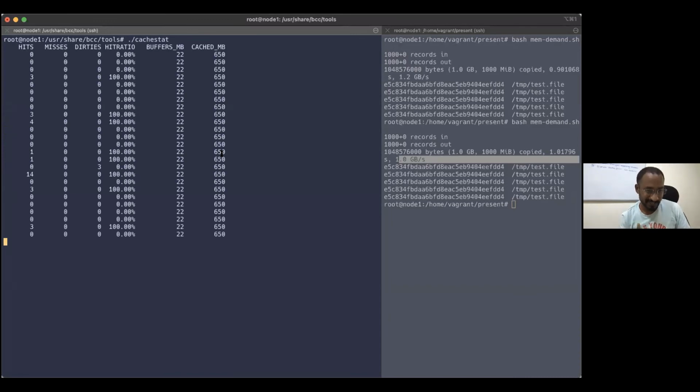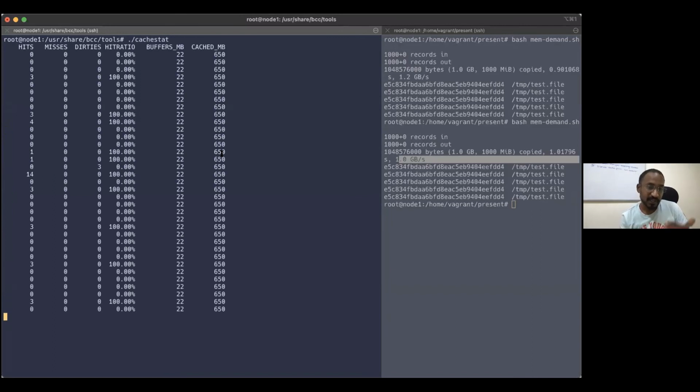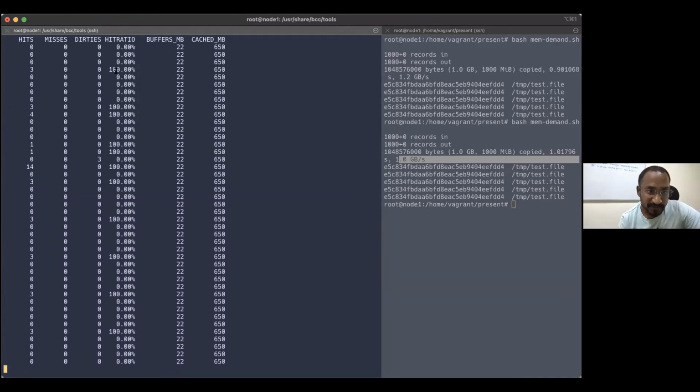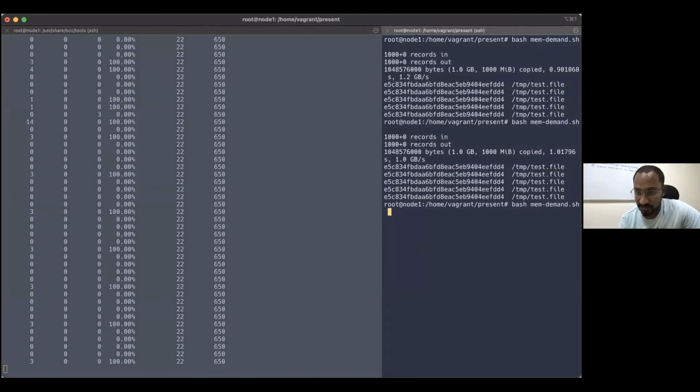That is quite good. If I'm going for everything, I'm going for a disk, that is very bad, something which we did in our system. We need to improve our system through tuning in some other way. So we need to see how much page cache or disk cache we are using in the system. Here you can see in most of the places I'm getting hits, and most of the data is coming from the disk cache itself. So this is quite an interesting thing.